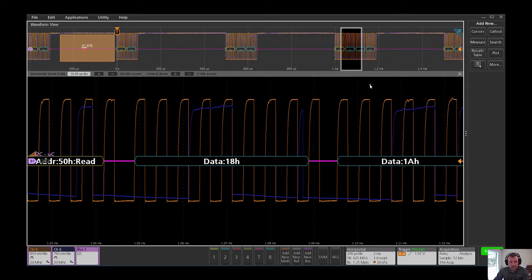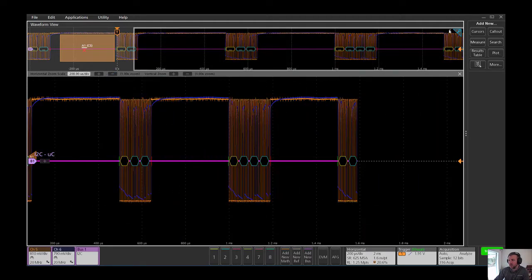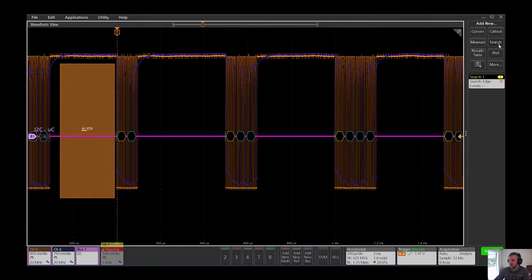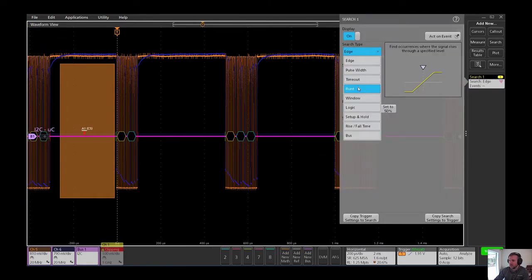That was a quick intro into the serial bus decode. Now let's go find this data 18H. Let's zoom all the way out, and then let's try to find that and see if that happens anywhere else. To do that, we're going to open up a search. We're going to search for a bus,